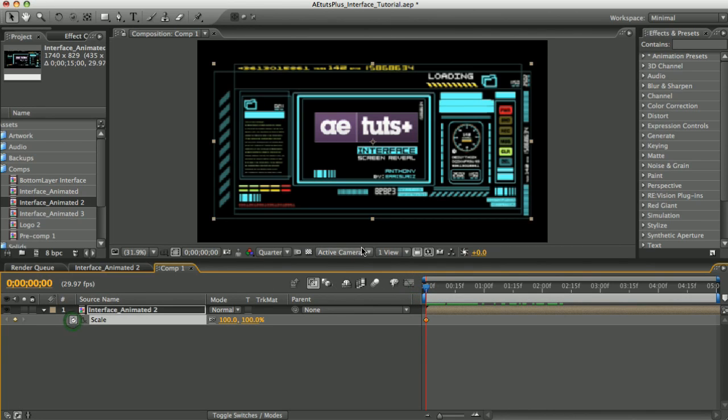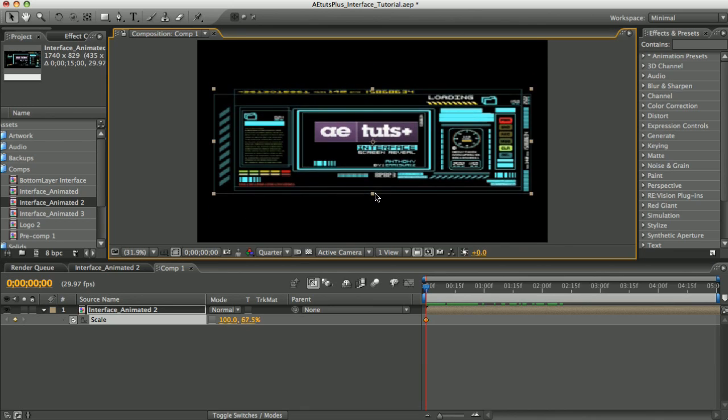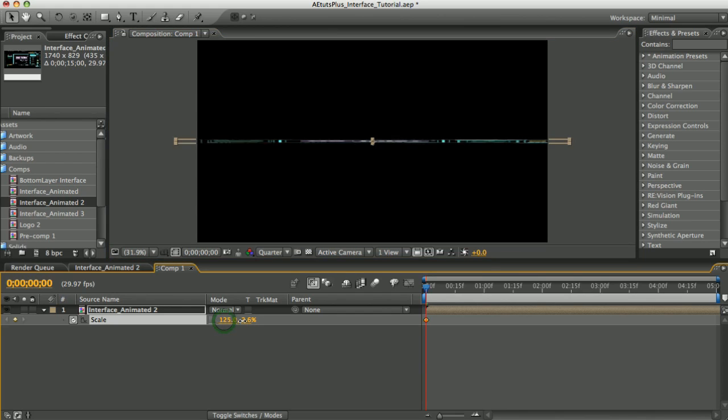And we'll uncheck this here so that it doesn't link, so it doesn't move in exact scale with each other. So it doesn't move in correct proportions. So we'll scale it down to pretty close to about 0. So this way it starts at hardly anything, and we'll set a keyframe and we'll go down to about 5 frames, and we'll change this to scale out,